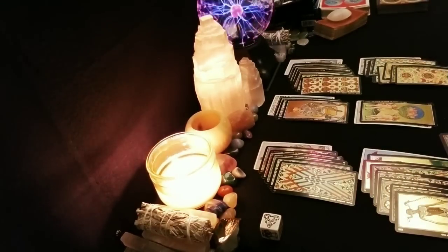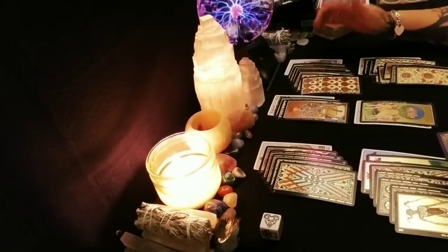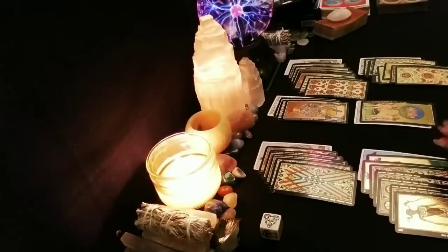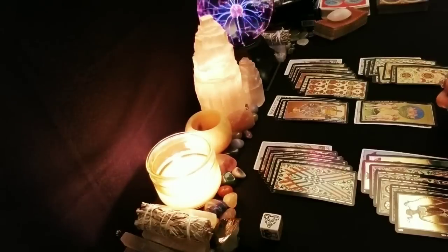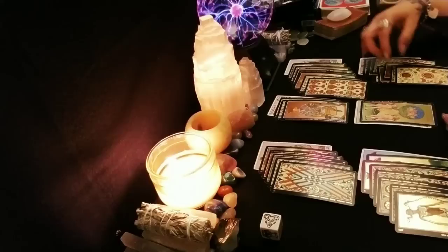There it is, the Three of Pentacles. So it could be talking about a work situation. It looks like this could be someone that you're working with. All right. I don't know how I can have all these, for the most part it's not indicative enough really of a work situation. But now that I'm here,